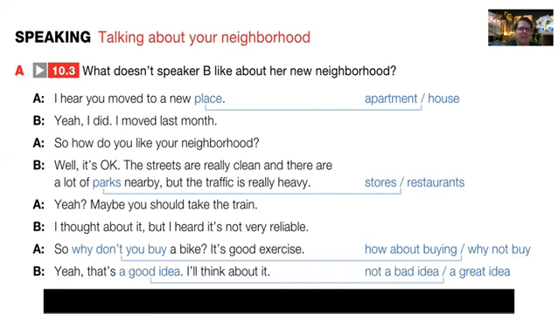If there are 3 of you in a group or 4 of you, you can still do A, B, or you can choose to do A, B, C, A, B, C. But remember, student B is the student who moved. So student A is asking questions. Student C might also ask something.